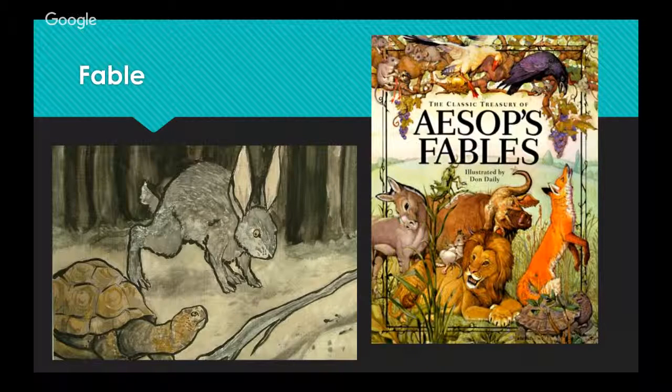So, for instance, in the really famous fable about the tortoise and the hare, at the end of the story, it literally lays out the moral by saying slow and steady wins the race. And a fable almost always does that at the end of it. Animal characters are simple in expression, but they convey a much deeper meaning to life. So fables are really meant to be understood by both kids and adults alike. And Aesop's fables are probably the most famous of fables.